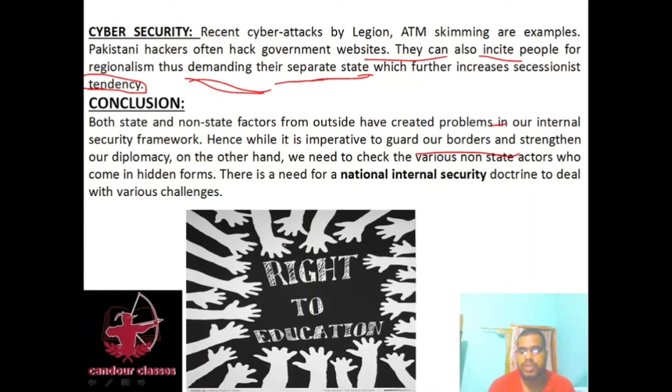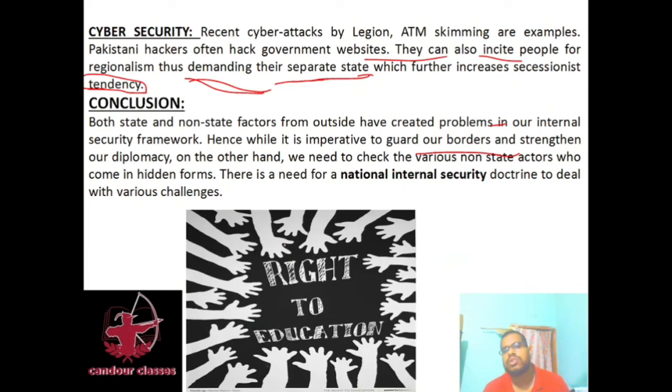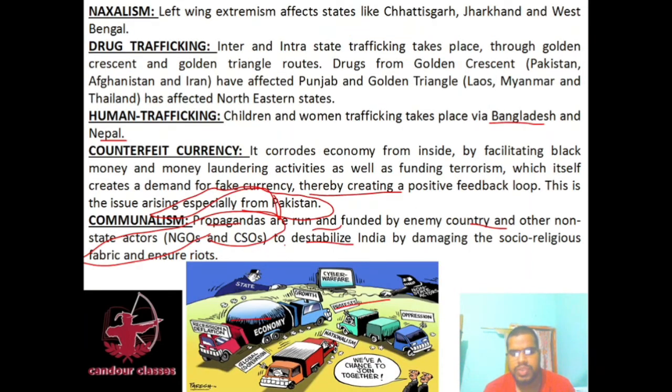Okay, this is the right to education. Why did I put this here? Because I think education is the one and only way which can resolve these problems, because through education people will learn to understand and respect each and every religion, which can solve the communalism problem. Then for cyber security also, they will know through education how to defend themselves. Then other problems will be automatically resolved. Fake currency also they can recognize through education or learning. Then human trafficking also, they will start understanding